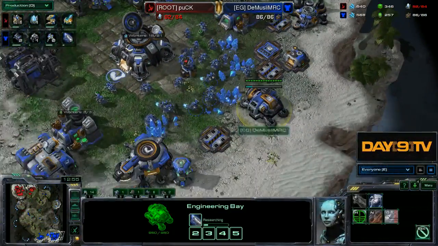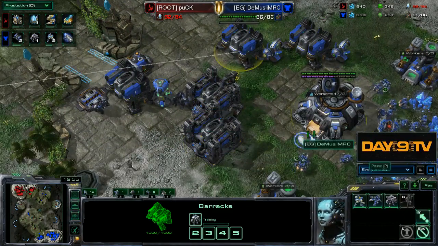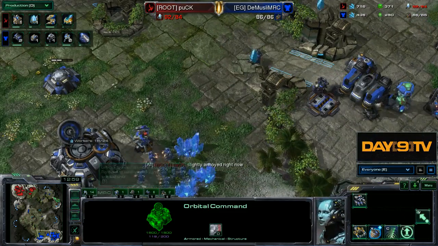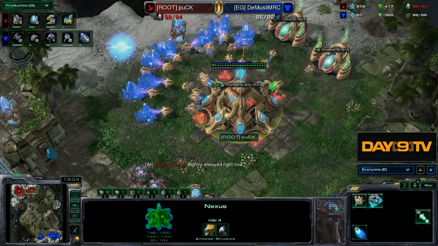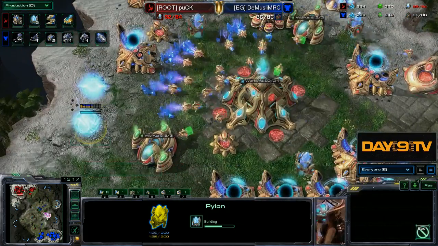But in this spot where DeMusliM's been kind of pressured, it's unclear what the specifics of the timing are. All DeMusliM knows is that he is going to be ahead on upgrades for quite some time, so he's going to leverage that by getting more barracks. Oh, I'm slightly annoyed right now. Well, she did lose the warp prism with the 2 DTs in it, so...